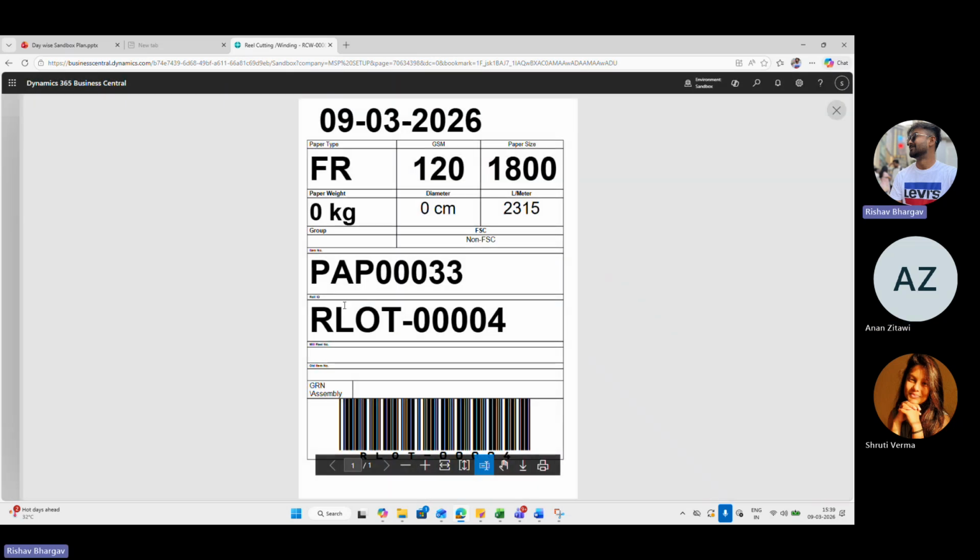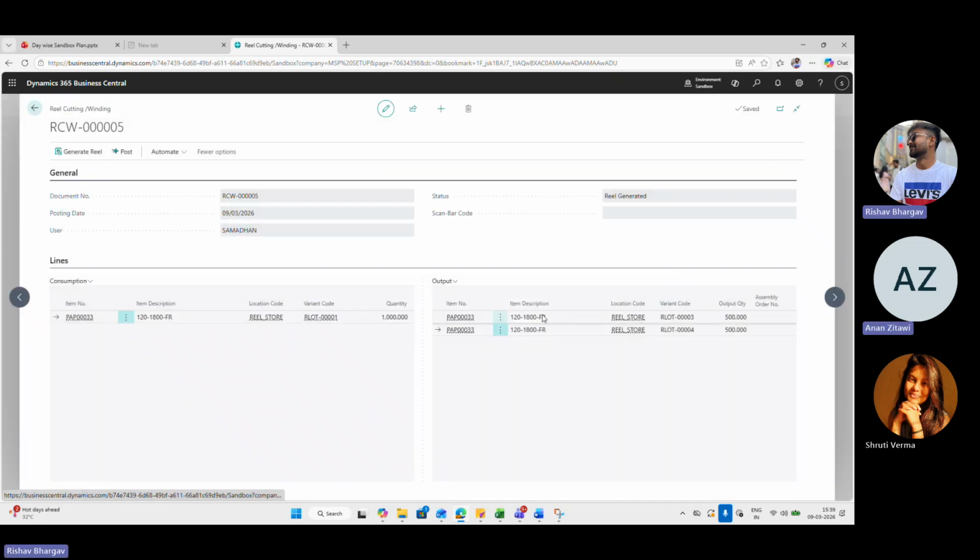For the reel label, you can see the roll ID. This is the new ID here. But can we control this ID?